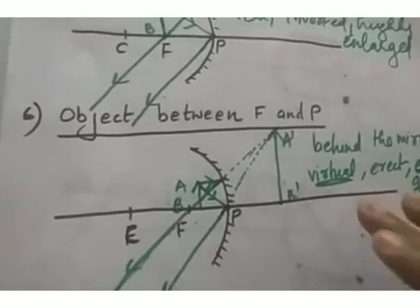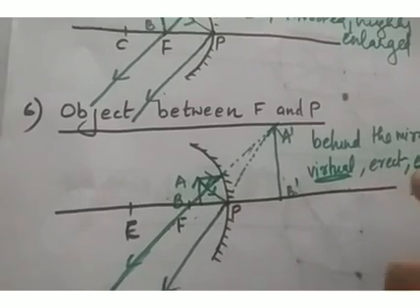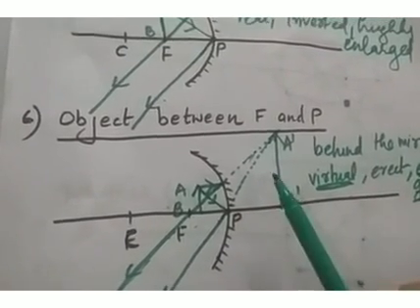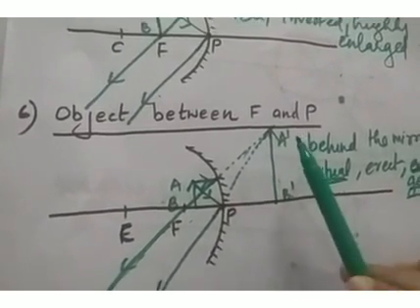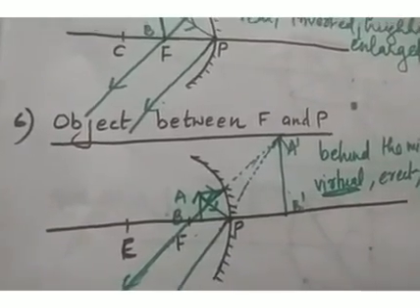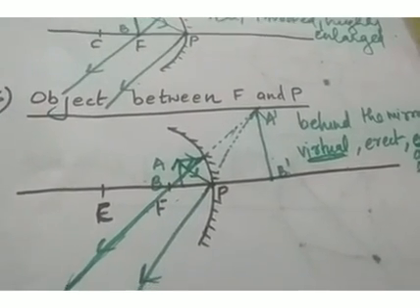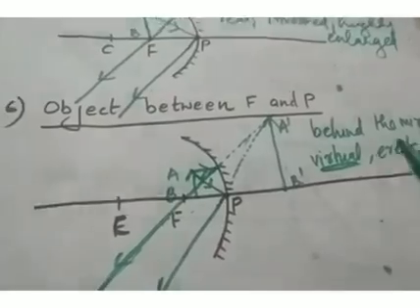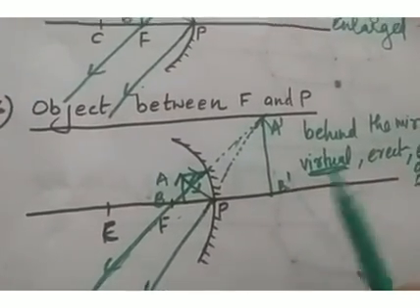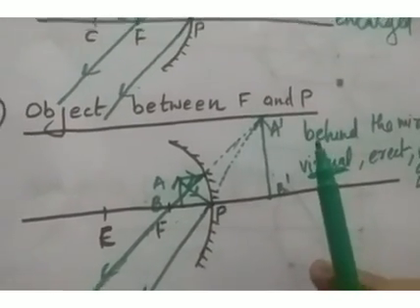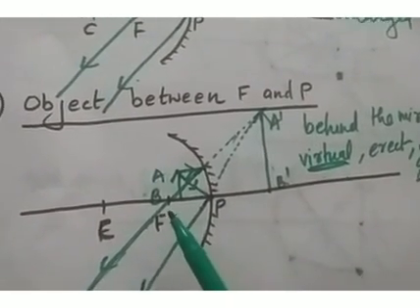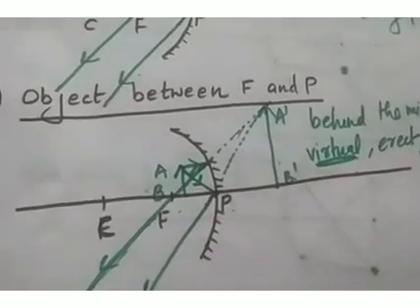And at that time you must keep this fact in your mind. Okay. So concave mirror can produce diminished image, same sized image as well as enlarged image. It can also produce real image and virtual image. But concave mirror can produce virtual image only for one position. Which is that position? Object between focus and pole.